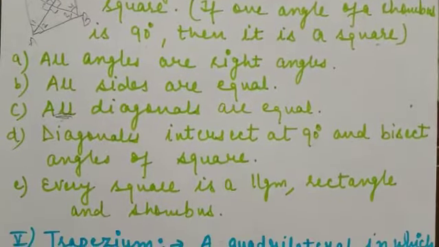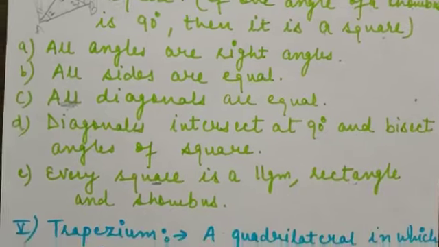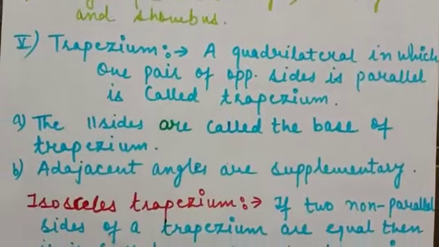Last property of a square is every square is a parallelogram, rectangle and rhombus. It means square has all the properties of parallelogram, rectangle and rhombus. Next one is trapezium. So students,